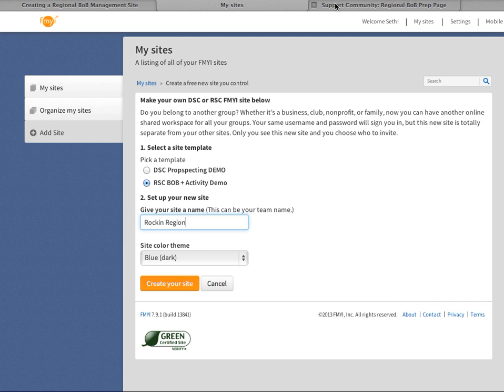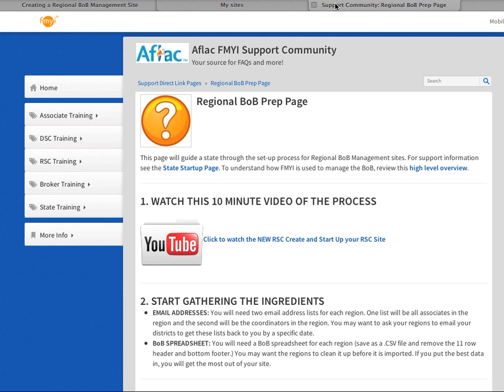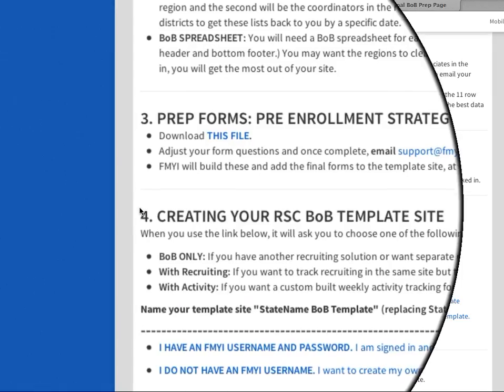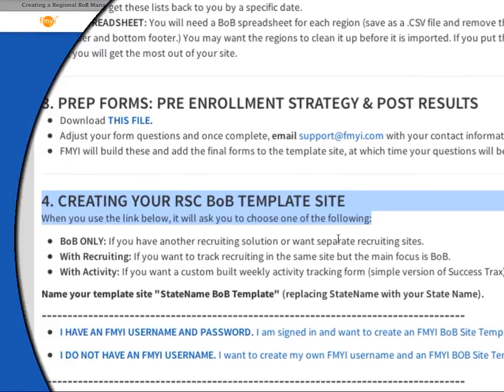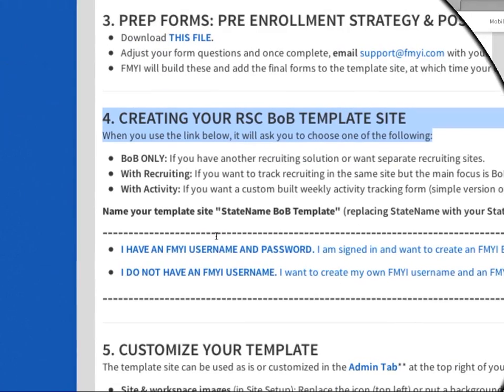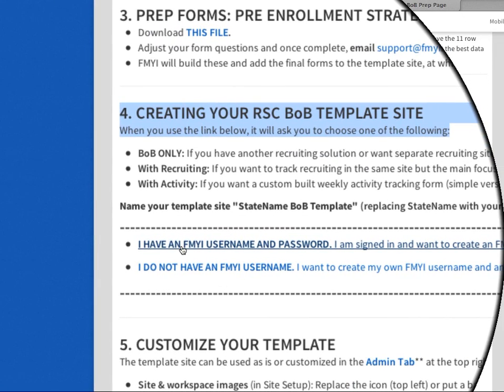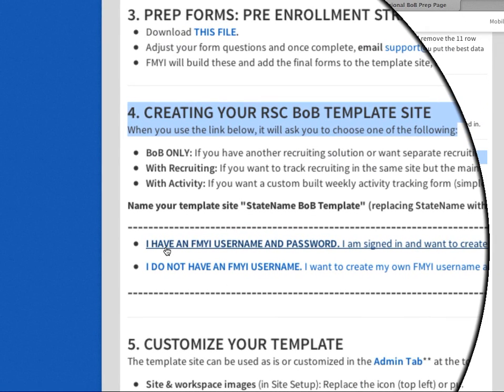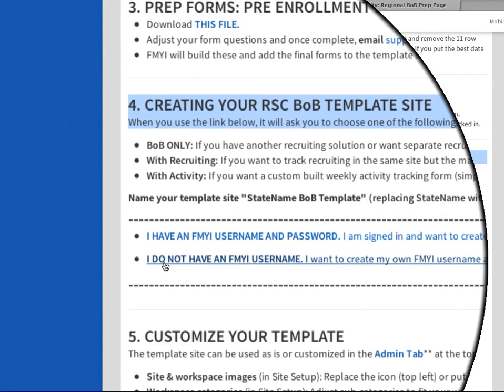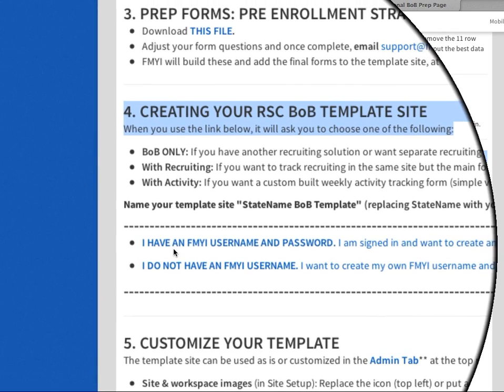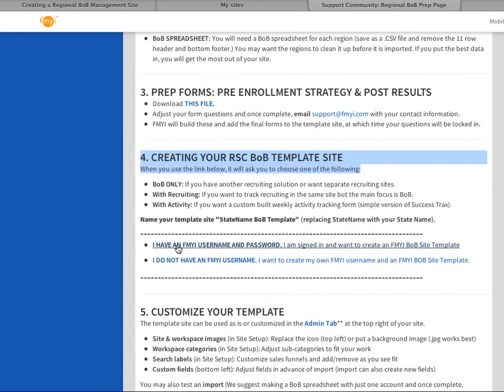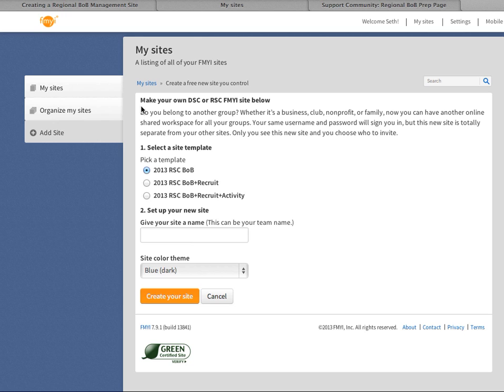Or you're a state and you're preparing the template that will be used for all of your regions. In this case, you're going to go down under step number 4 to create your template, and you're going to choose one of these options. Either you have your own username and password and you're signed in already, or you don't have an FMyI username, in which case you'll create the username at the same time you create the site. Let's click on I already have a username and I'm signed in,